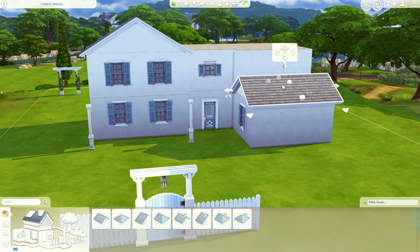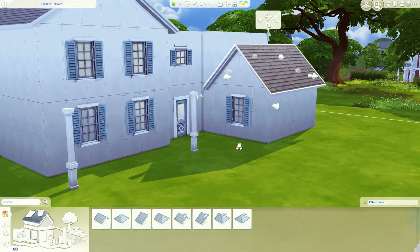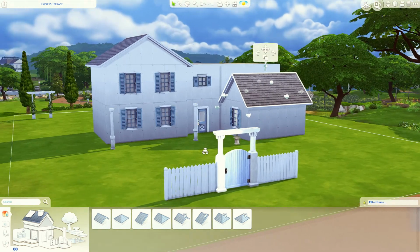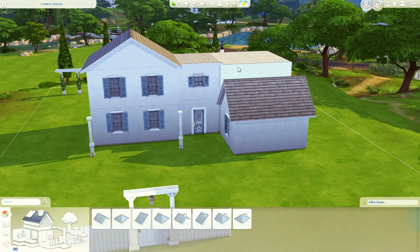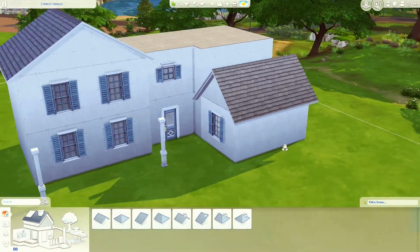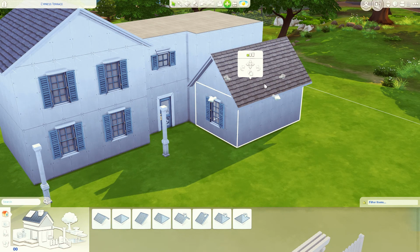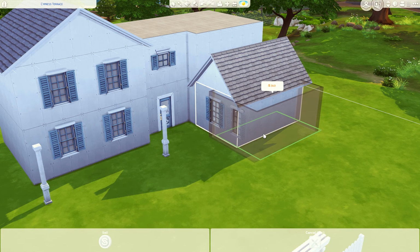And this actually is a much taller roof, so I don't think I want the same angle. But it just looks weird to me that it's covering up that second story, so I'm going to think about that for a second. What do you guys think would be best? Do we move this out? I think that is what I'll do. I'm going to move this out